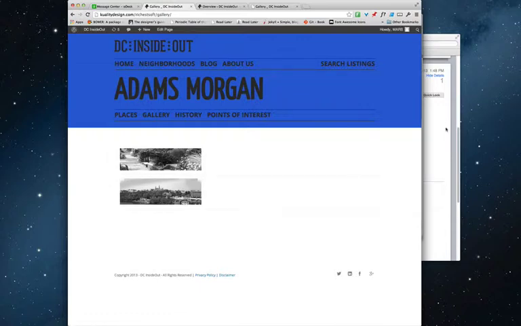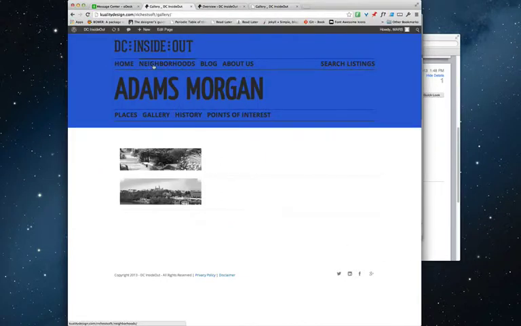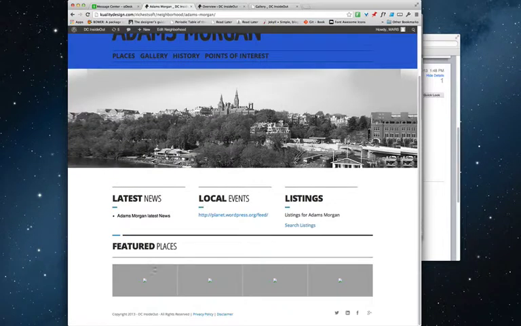That's the first thing. The second thing is that the jQuery slider needs to be on the neighborhood page only. So if I go again to neighborhoods and I go to Adams Morgan, the jQuery slider needs to be down here, right where you see these 1, 2, 3, 4. This is where the jQuery slider needs to be. Okay,